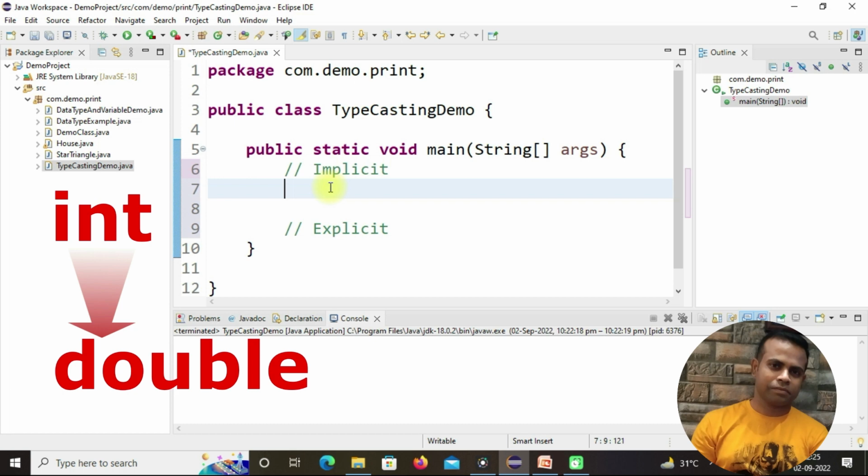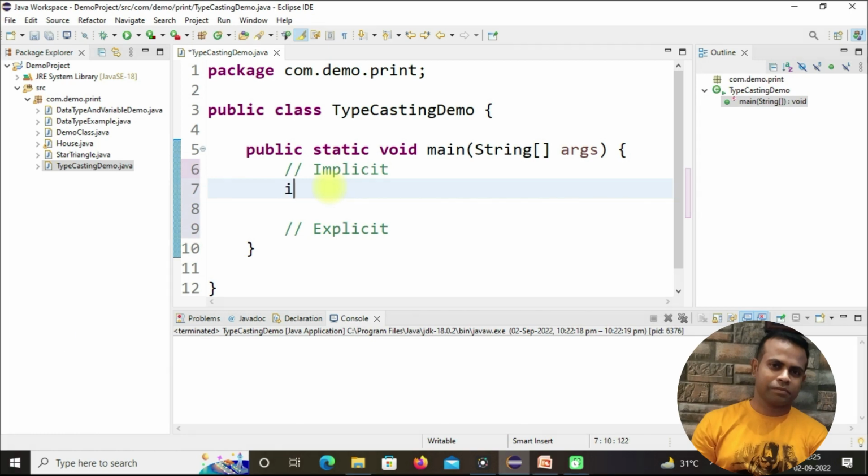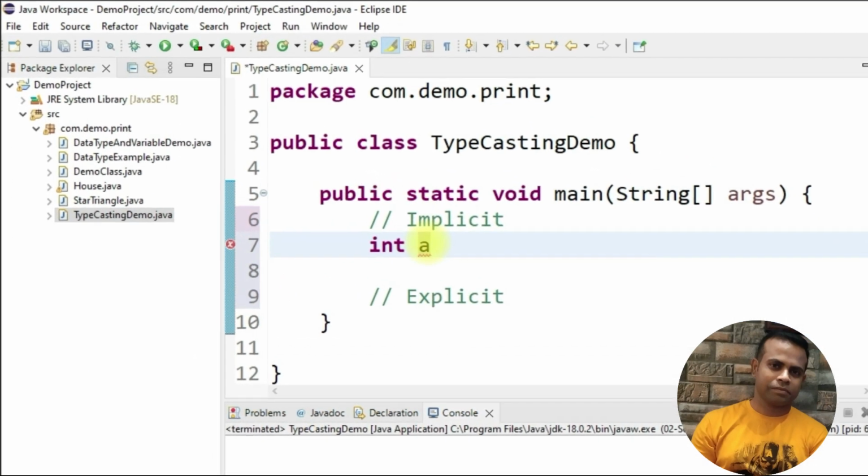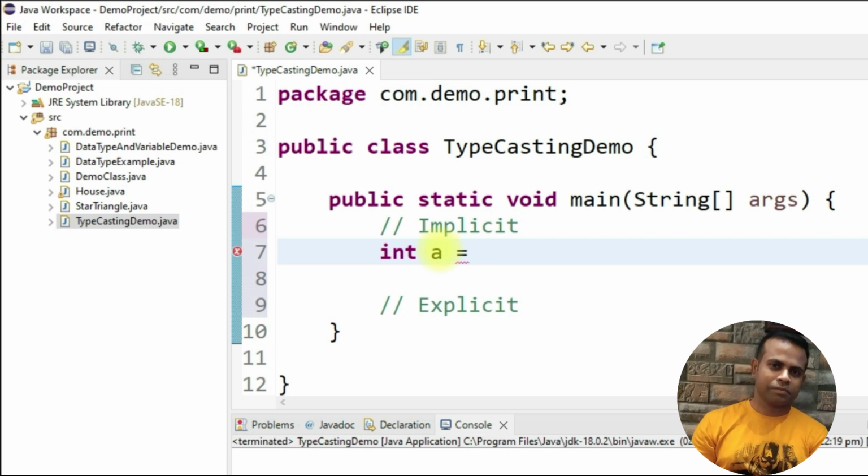Let's check what value is printed for int, and once the int is converted into double, how it will look. First I am creating an int variable, let's say a, and assigning its value, let's say 66. Similarly, I am going to create a double variable, let's say d,